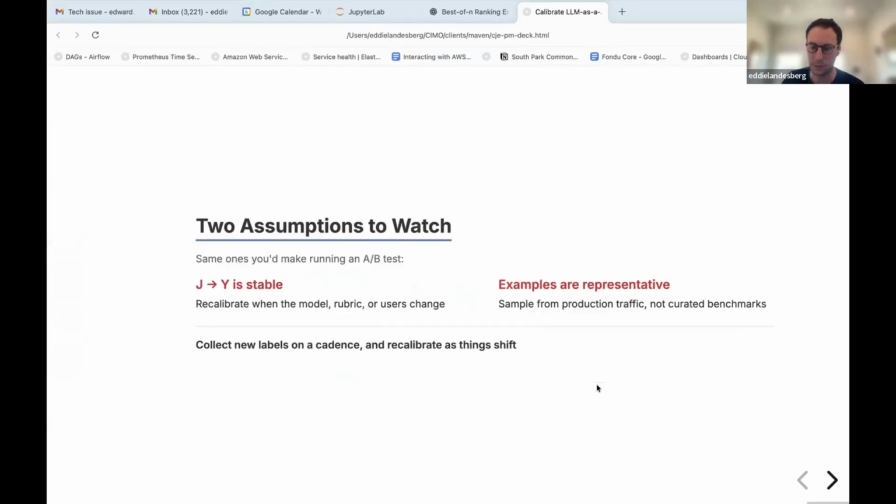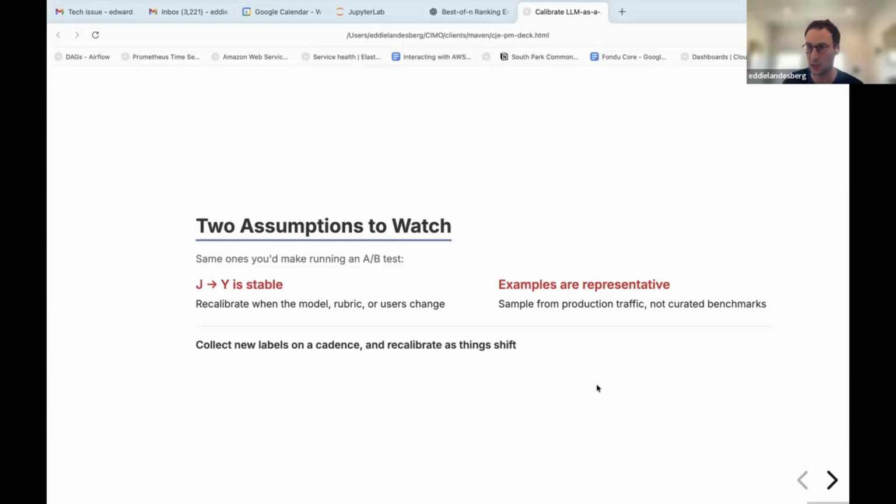Just a quick note on the major ways this can break and the things to look out for. I think this is also very related to the sycophancy failure mode. I also view these as very consistent with the things you need to look out for in an A/B test: things change over time. People might have liked sycophancy at first. That may have even tested well in an A/B test, but that changed over time. So that necessitates collecting more labels on some cadence and making sure that the calibration still holds, and if it doesn't hold, updating that calibration.